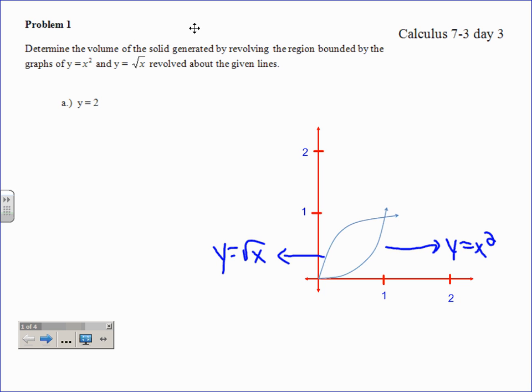And now the problem is, lately we've been just revolving that around the x-axis, which would be the washer method because there'd be a big R and a little r. I believe big R was the square root of x, little r was x squared, and we squared them separately is about all you had to do. You took big R squared minus little r squared, threw the pi out front, and you're pretty much done with it. Well, now we're revolving it around the line y equals 2, which is unfortunately